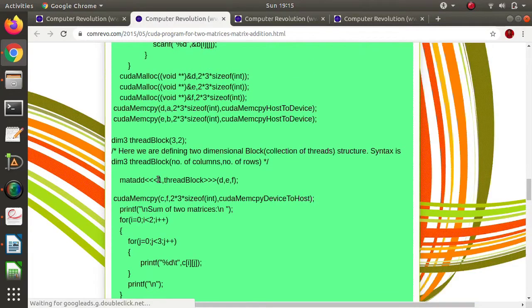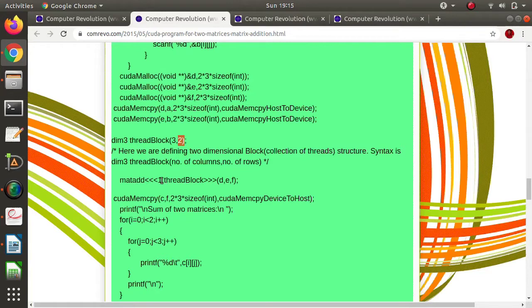So in this case, in triple angular bracket we have mentioned two parameters. First is number of blocks, so we have mentioned only one block, so we have created only one block, and in that block we have created two-dimensional thread structure. So here we have mentioned 3, that is a number of columns, 2 number of rows. So 3 into 2, total 6.